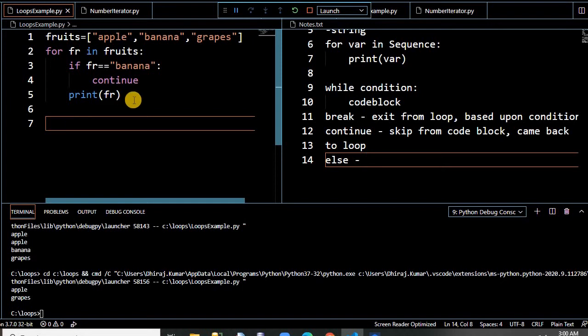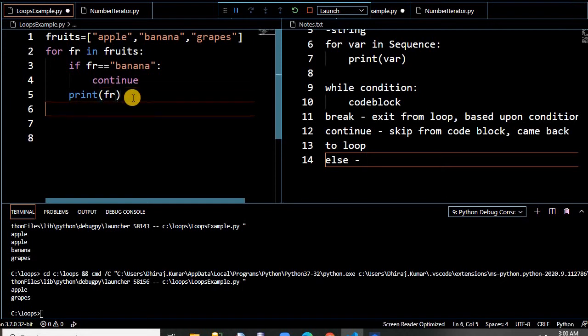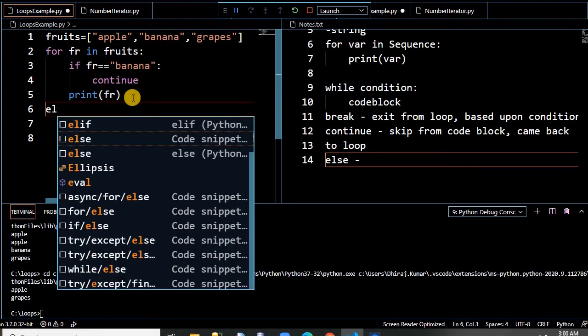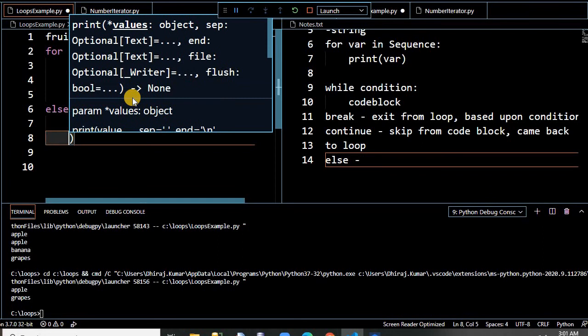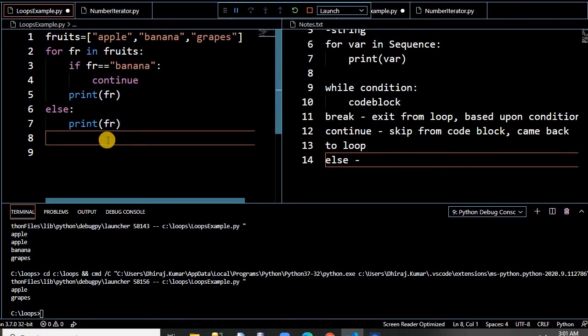Okay, let's take an example first. If you run this, how do we write? We write something like this. Then you can print the last value. Also, you can print any statement saying that this is the last of the condition. So once all the loops have ended, only then will it execute. Okay, let's run this.